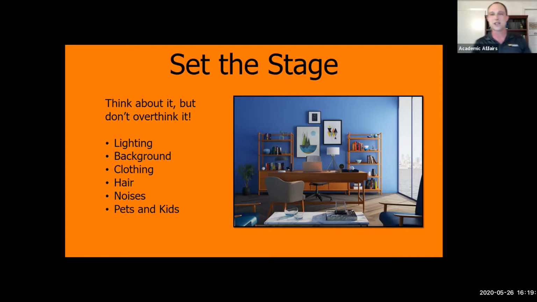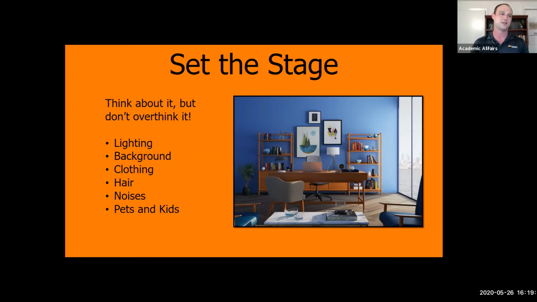But just take a little time to play around with it too. Turn your camera on, see what you look like, mess with the lighting. Maybe the overhead light doesn't work well. I have a couple of offsetting lamps, which does better than a lot of overhead, or you have people with lights behind the back, which just makes their face dark. So take a little time to play with it.